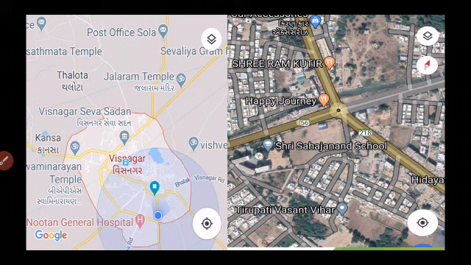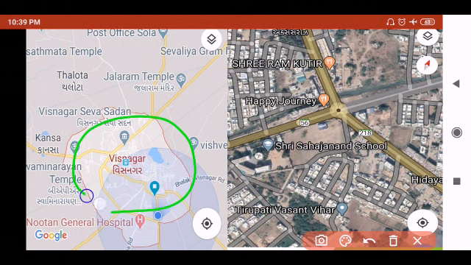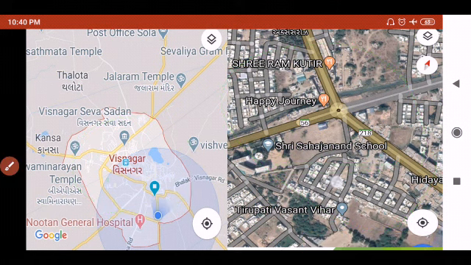Now here you can see the two pictures. One is showing us our Visnagar, okay, and another is showing us the school. So nearer areas of the school are also shown. So these are the large scale maps. Previously we had seen the small scale map. In that we are seeing only the Gujarat state. In that map we are not able to see where Visnagar is located. In this map we can see Visnagar, and we can even find the small areas of Visnagar by this type of large scale map.